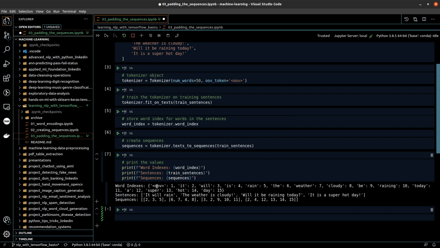This time these are our word indexes, including the out of vocabulary token encoded to 1, and then this is our sentence, and this is how they have been converted into sequences.